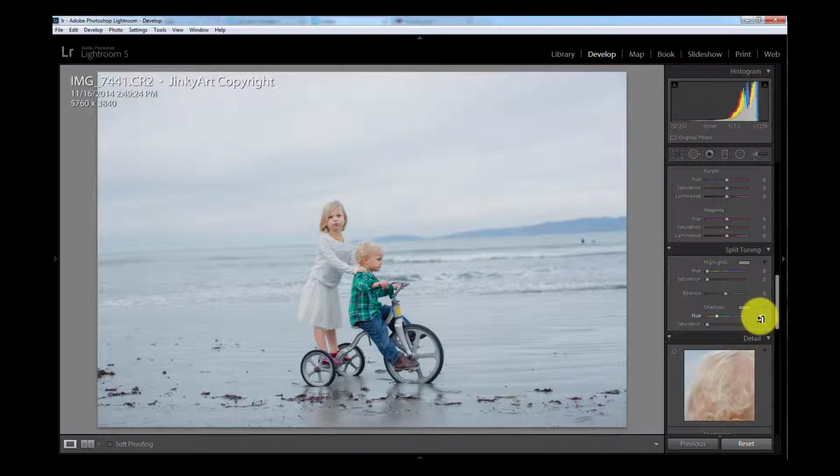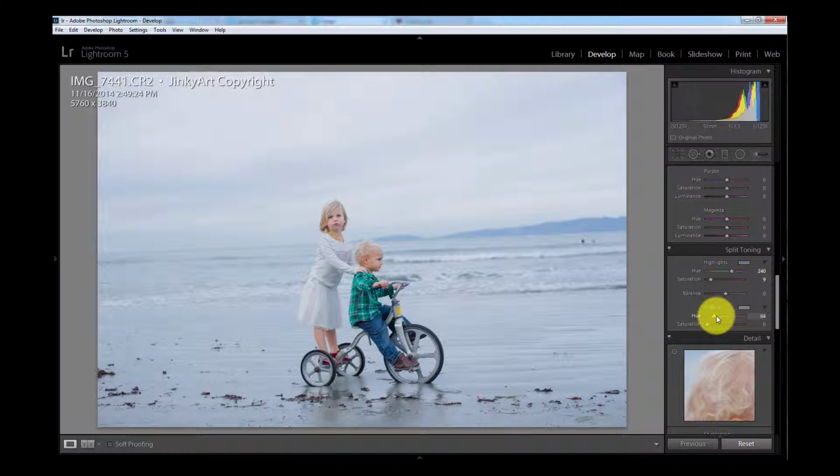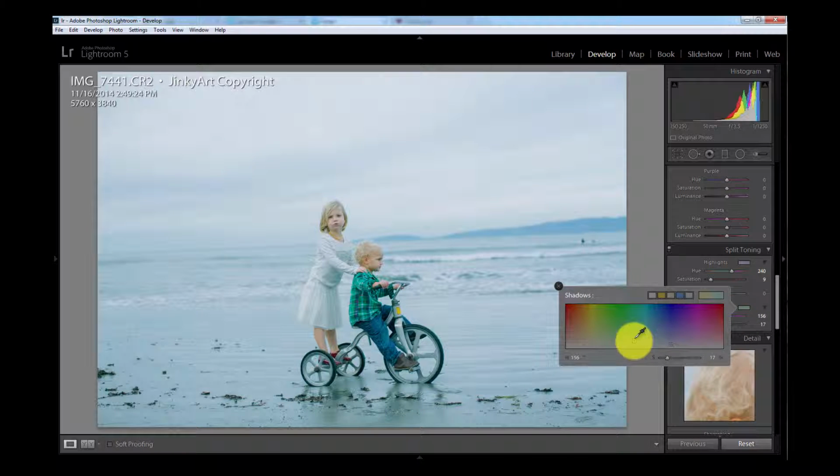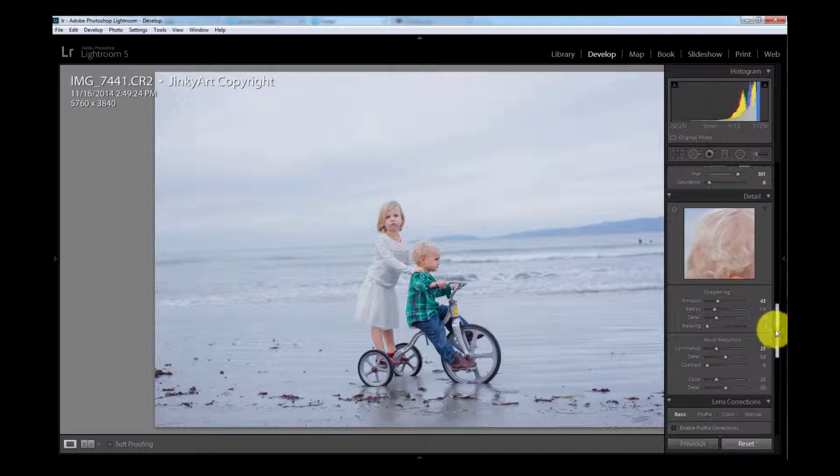Now that I've got the contrast brought out again, I want to play with the split toning. I'm going to make this a little bit blue, and the shadows, I don't particularly want the shadows as blue. What I might do is make that more of a magenta. Okay, sharpening, we'll add some sharpening in, so I'll just raise that to +50. Or +43, a little bit of noise reduction, and I want to last but not least go straight back up